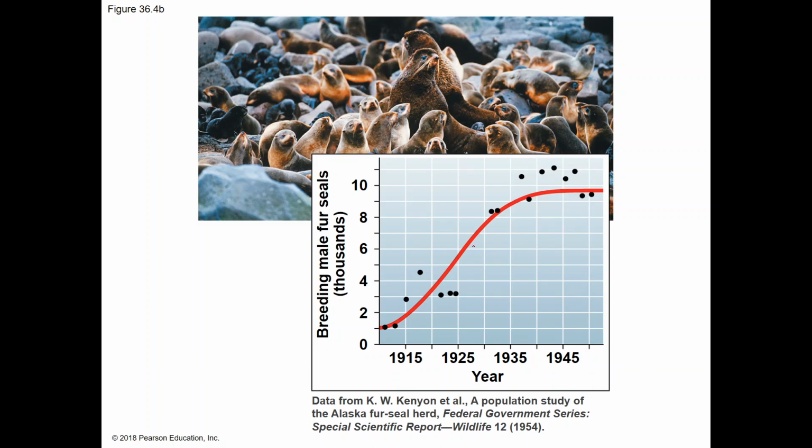The population increased till about 1935, and you can see here in 1935 it levels off. The reason it leveled off was because once there were enough of these individuals in the environment, they ran out of resources. They ran out of room for breeding grounds. The food became limited, so fewer offspring were being born. So this is where we can see that carrying capacity was taken into account.